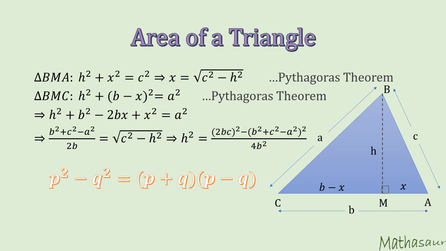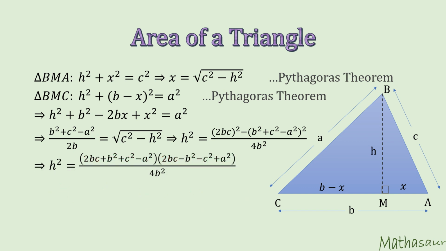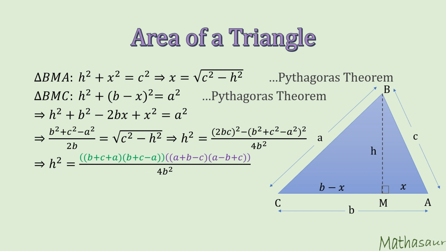Once again, we can apply the identity p square minus q square. And once again, let us apply the identity p square minus q square on both the brackets. We can manipulate the terms a little